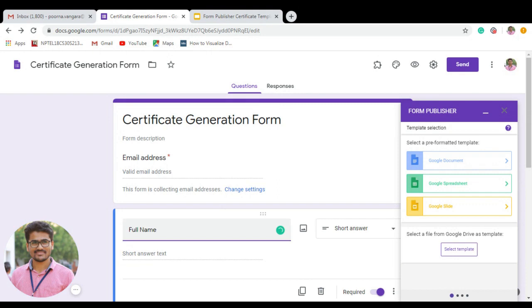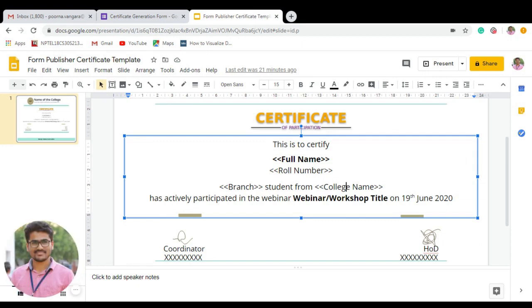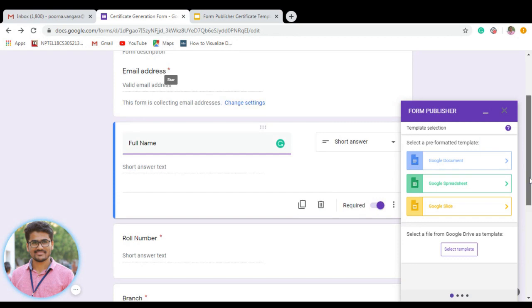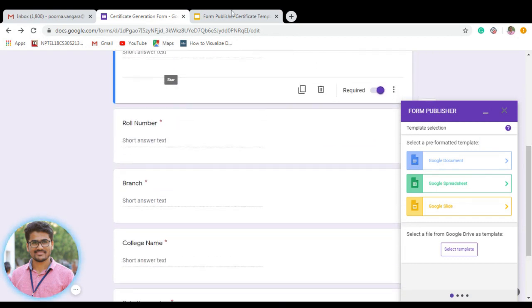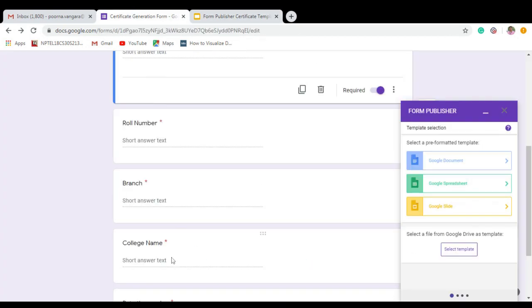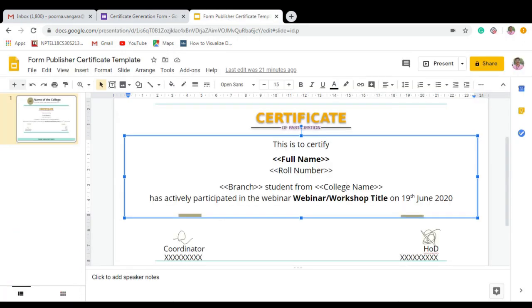The field name is full name, the exact field name I used here. Similarly, the exact roll number field I am using here, and branch, college name, everything. So in your Google Slides template where you are designing your certificate, you write down all static data as normal.